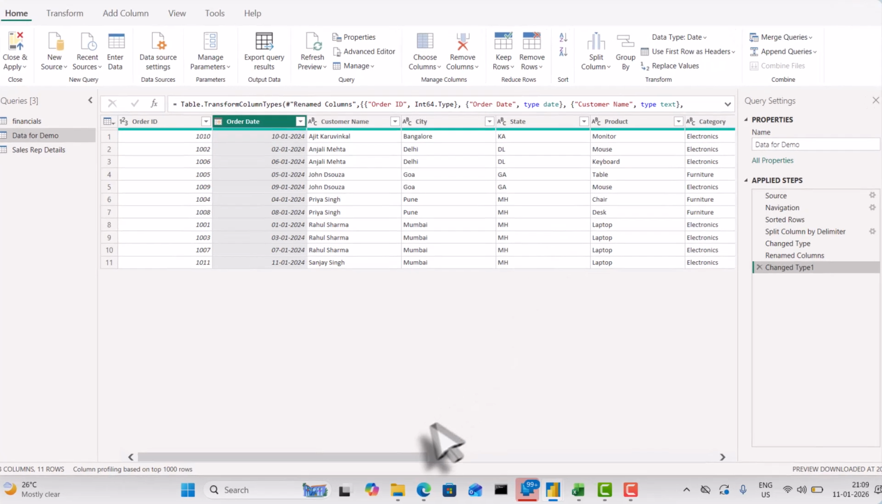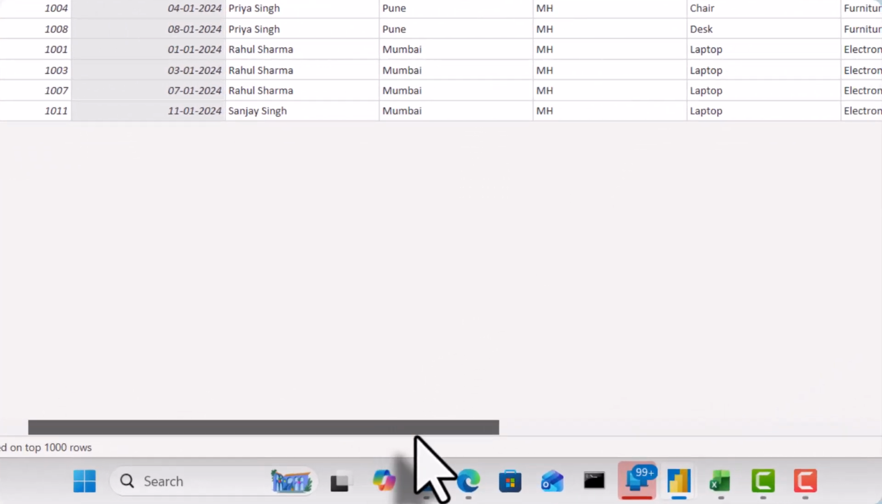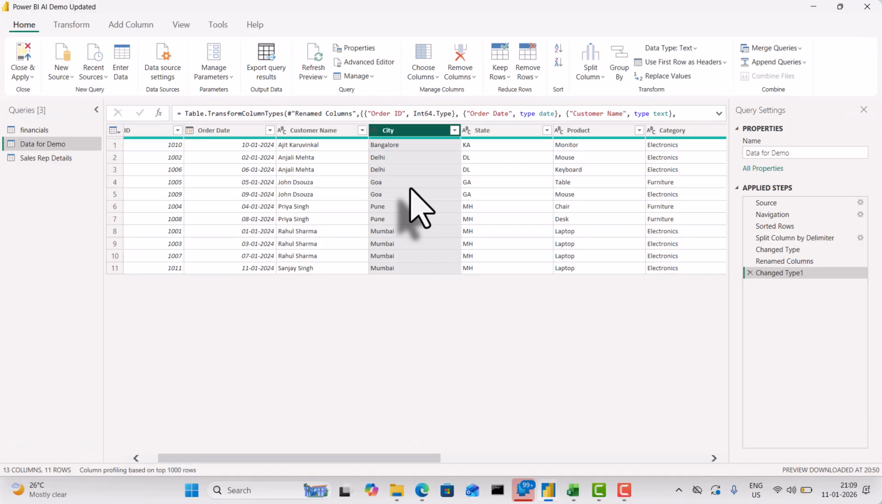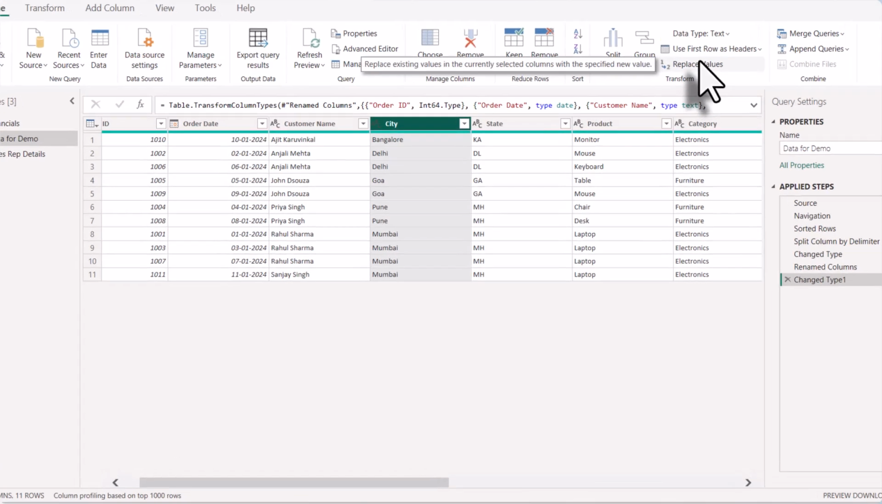Now we'll see one more example of replace value before we move to merge queries. So now let's assume I want to change Pune to Mumbai. All I can do is select the city column, replace value,